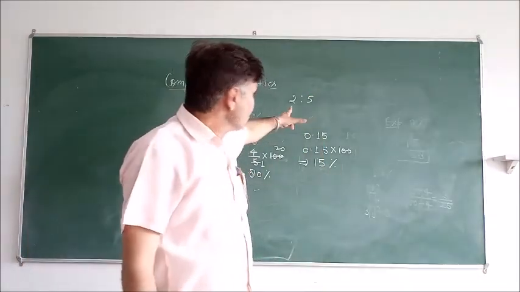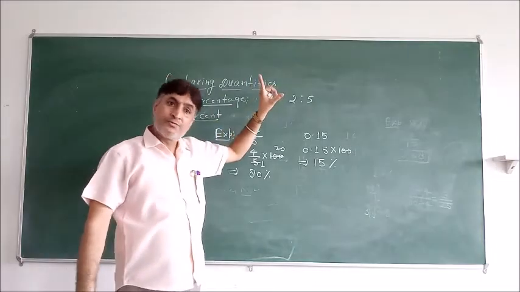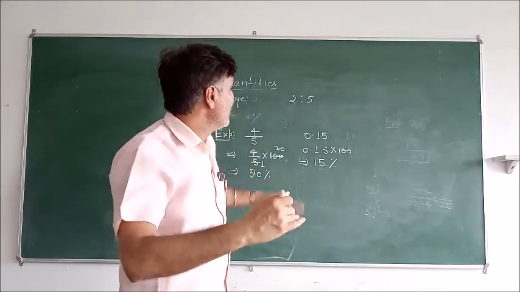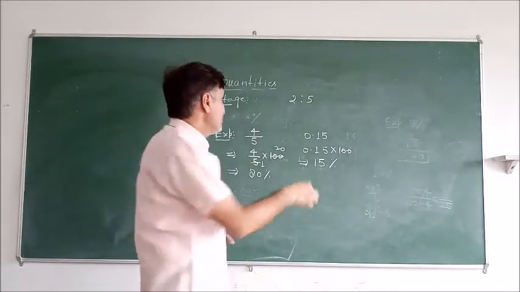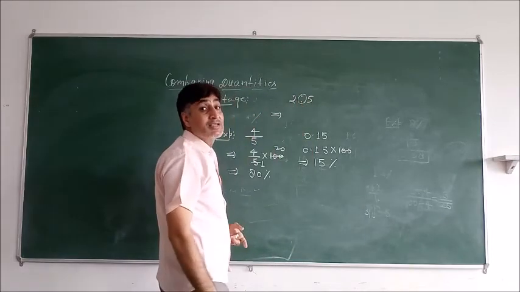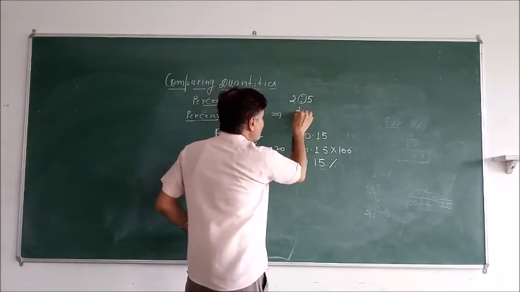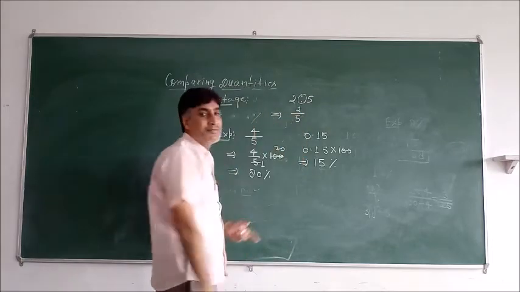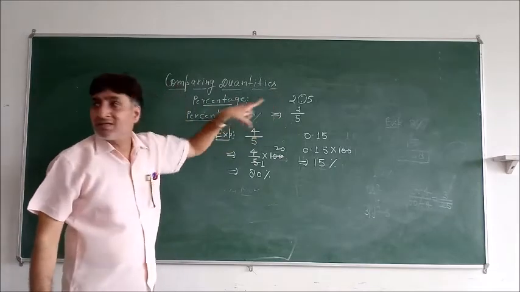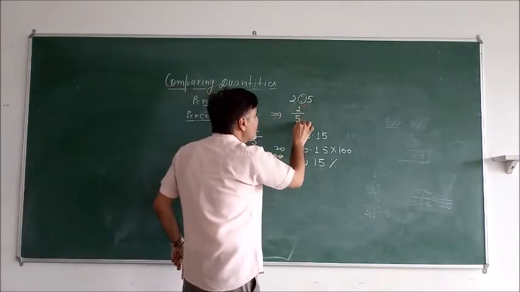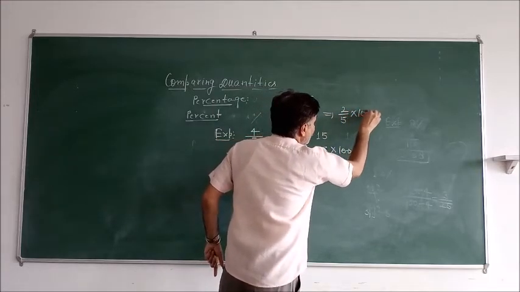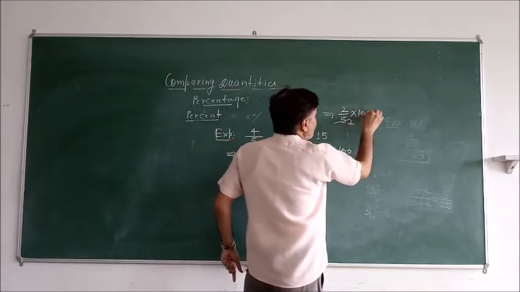We want to convert this number into percentage form. First of all, we convert this number from ratio form to fractional form. So remove this symbol of ratio and put a sign of division. So it becomes 2 upon 5 in fractional form. And when we convert this fractional form to percentage form, just multiply this 2 upon 5 by 100 and we get its percentage form again, which becomes